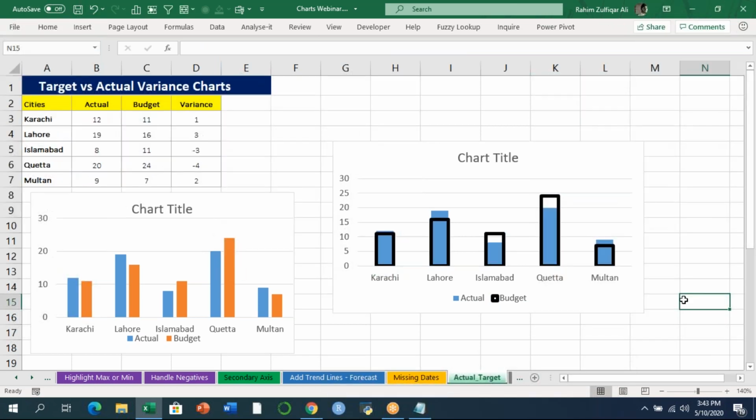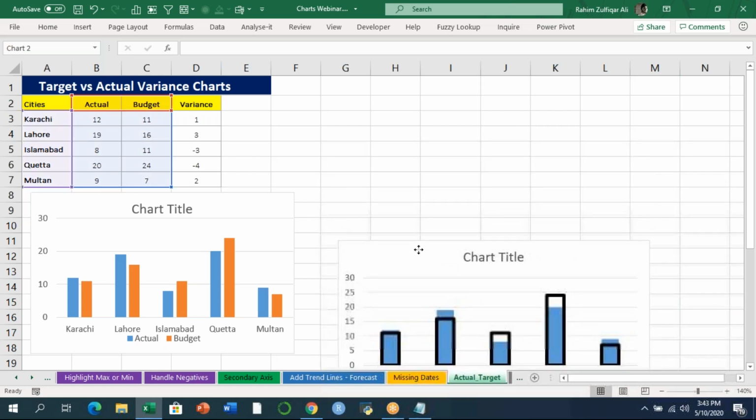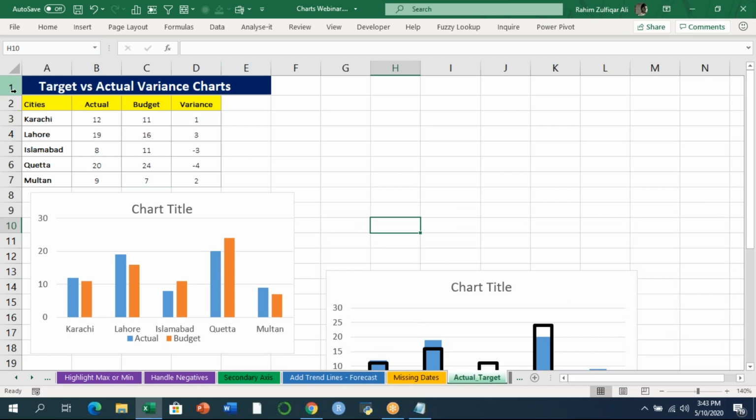And now you can see that very quickly you can visualize the data, what are the cities who have met the budget, and what are those cities who haven't met the budget. So Islamabad and Quetta are the regions who have not met the budget or the targets. So this is how, by adding 2 3 little formatting things, you can go with good visualizations in Excel charts. One more idea is you can select the cities data and the variance,